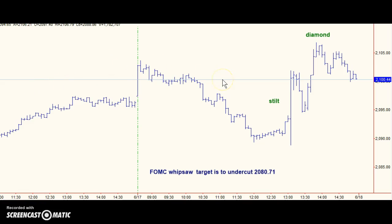We do have a diamond on stilts pattern. Here's the left stilt. Here's a diamond that's pretty obvious. I think it's far more likely that we have a gap down, a stilt-like move down at tomorrow's open. It's not required, but it happens often. We also have another target of